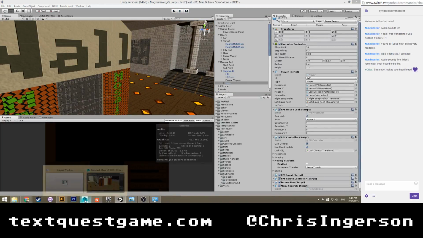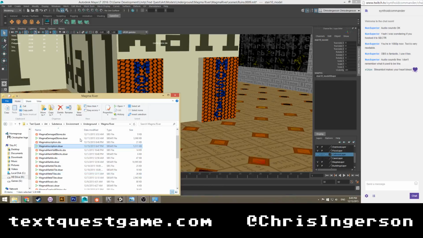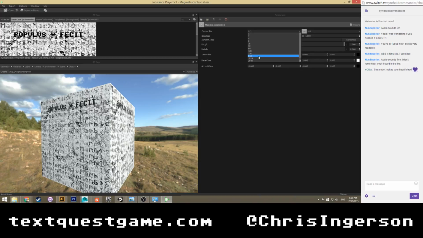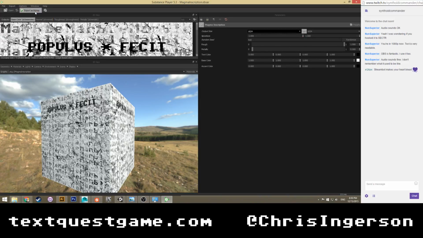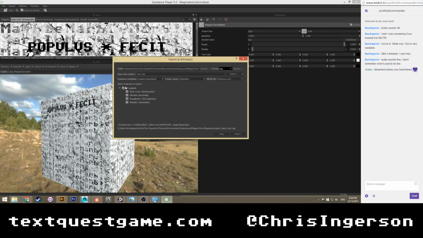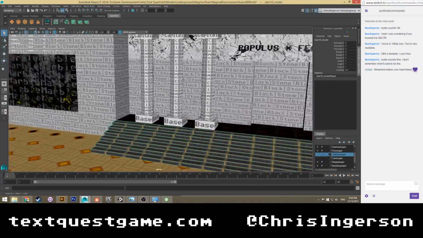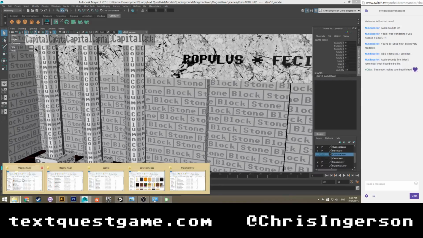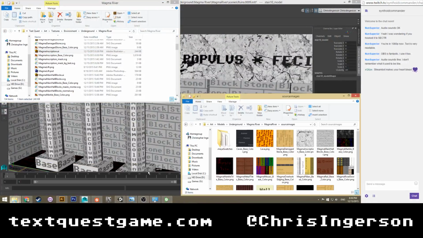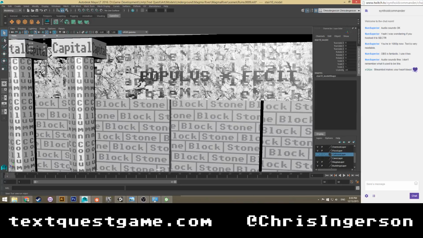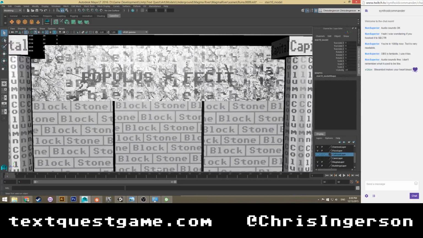So let's go over here. And actually, let's open this up. Magma inscription. I'm going to have to print off the color for it again. So export as bitmap. Make it a PNG. Only export base color. Export. Close. All right. Oh right, I forgot. I need to actually put it in source images. Magma inscription base color. Place file and destination. There we go. So you can see that it's not quite perfect.